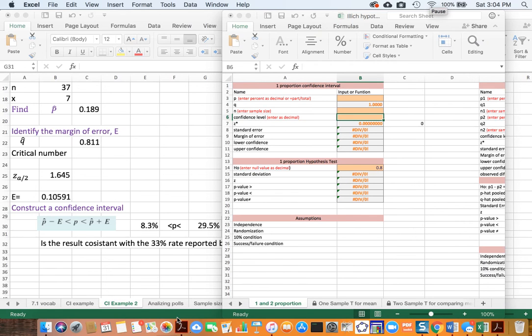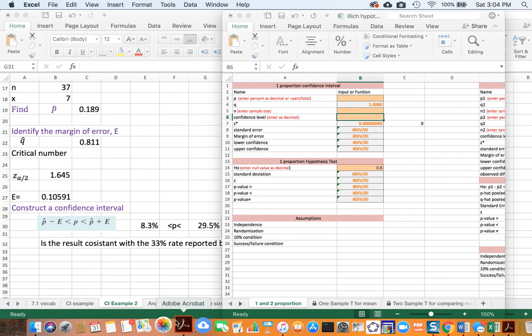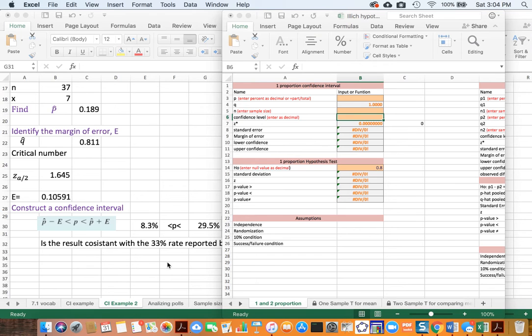Alright, so I just want to continue this example from 7.1 by showing you on the calculator. And we saw that this is the same example of the proportion of red candies in a bag of candies. And we found the confidence interval that we were 90% confident that the proportion of red candies was between 8.3 and 29.5%. So I want to try to duplicate that on the calculator using my 1 and 2 proportion calculator